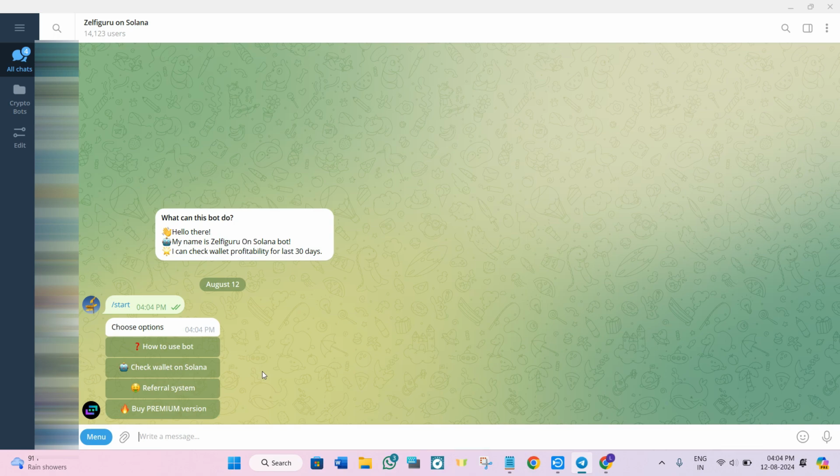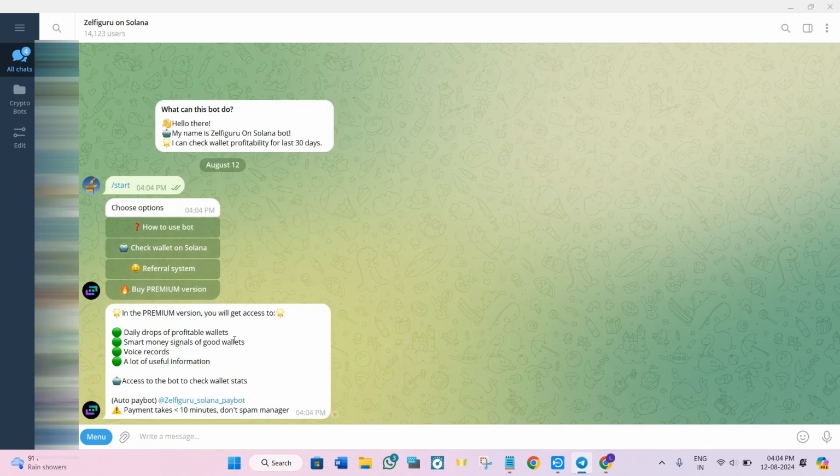If you are using the free version, you need to keep in mind that on Zelfie Guru you have a limited number of scans each day, so you just have to make them count. For those who want to go further, Zelfie Guru provides unlimited scans for only $59.99 per month. With the premium service, you don't even need to manually search through DEX Screener, as you will have access to thousands of already identified profitable wallets. If you want to check their premium services, you can use the link in the description in order to save 10% on your trading fees.